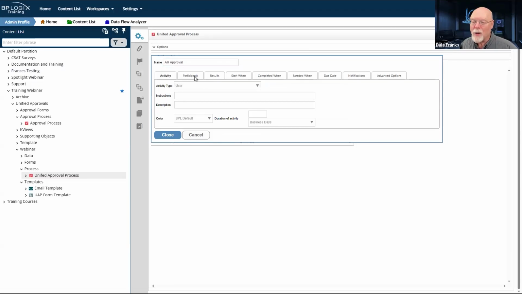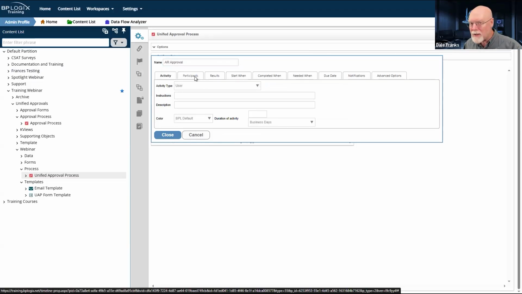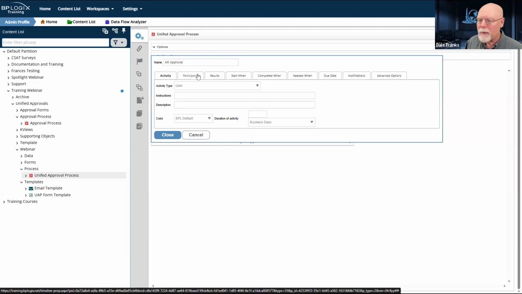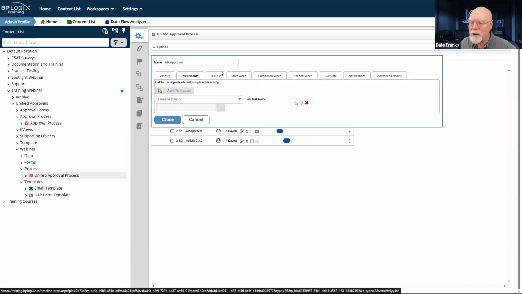This is, again, going to be a user activity. Now, I haven't set participants. They're all set to timeline initiator. There's a method to my madness, but I am going to have to set some participants here. But let's get this segment done, and we'll get back to that. So we'll just keep all participants as timeline initiator, largely because whenever I run it, it's all going to be assigned to me, but there are going to be some differences there, and we'll talk about those in a second.